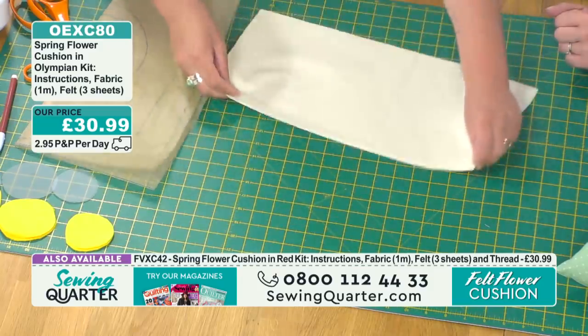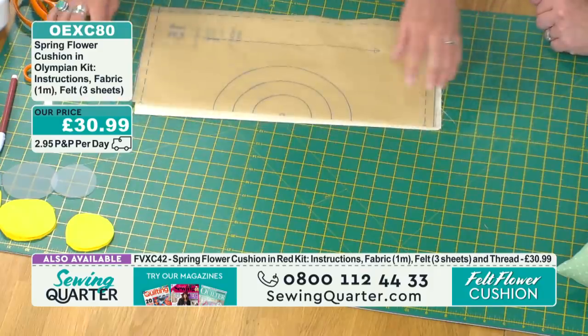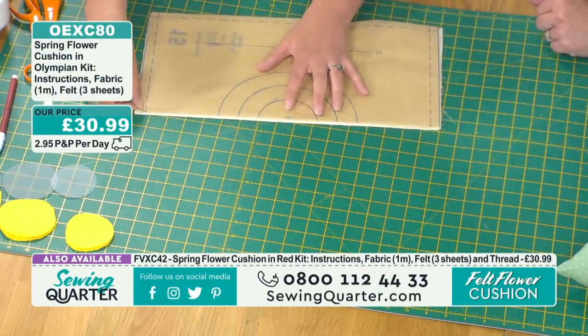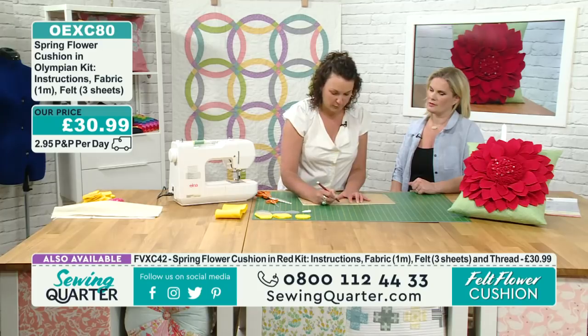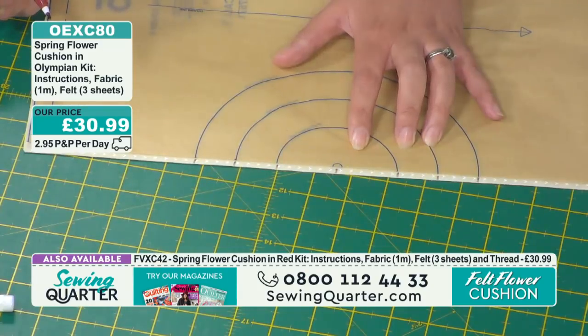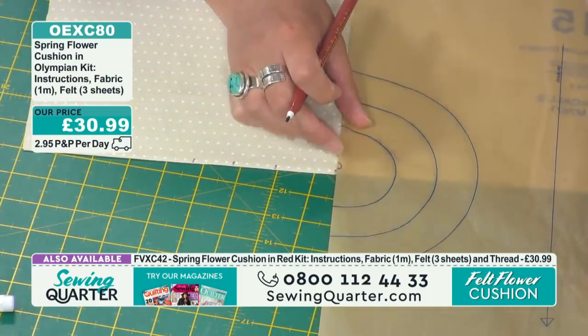But I'm just going to walk you through how I did that, sort of a cheat method if you like. So I've also folded my pattern in half as well, placed it on the fold line. So what I literally did was take my water erasable pen and mark out the central points and then the 3 placement lines. Okay. Like so. Okay. So then all I did was rotate that round, and I can see the marks there, but it's